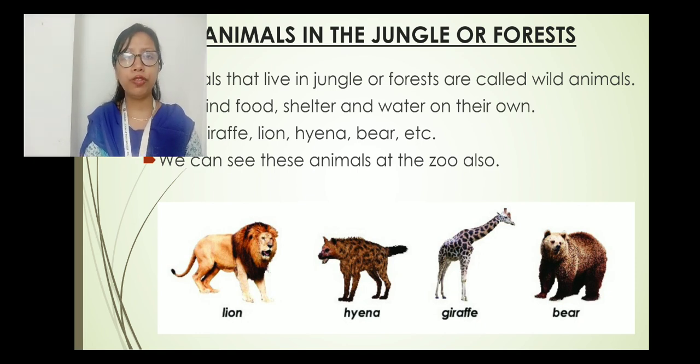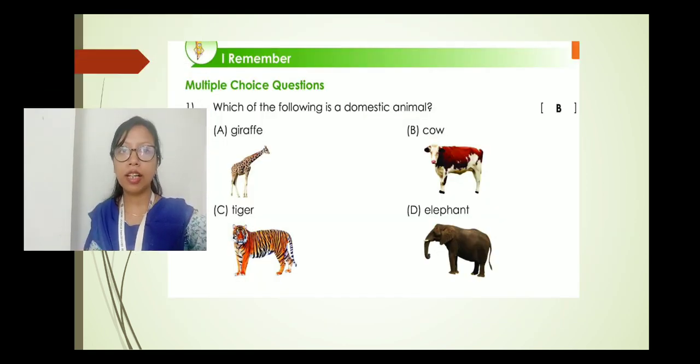And whenever you visit the zoo, because these animals are very wild, you can see these animals inside a cage. Okay, they are inside a boundary, because for the safeguard of the people, they have been kept in a limited space. So these are some of the wild animals. Now let us come to the workbook.